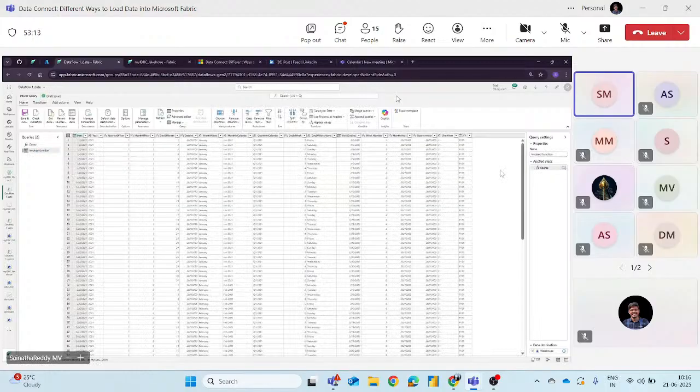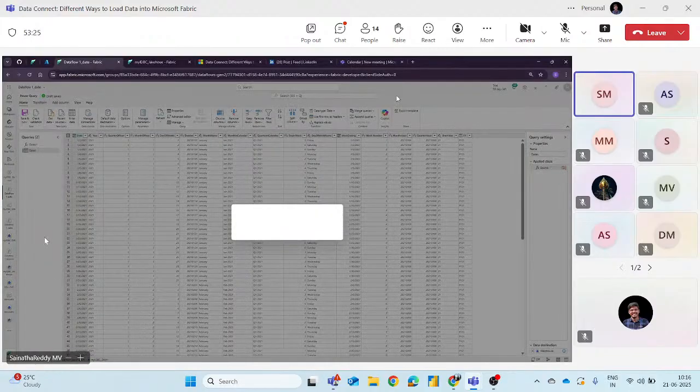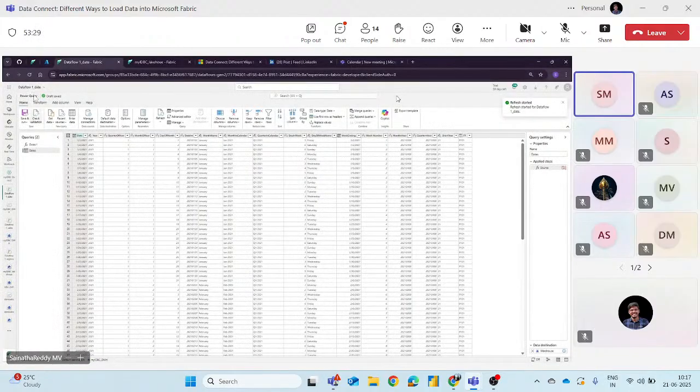Now we can change it to a date. Will it change automatically? Can anyone guess? Or else we need to load again. We'll see. This is new to me, guys. We'll see how it works.